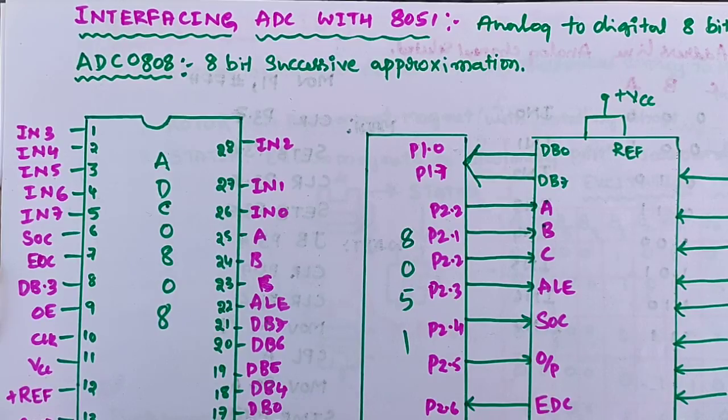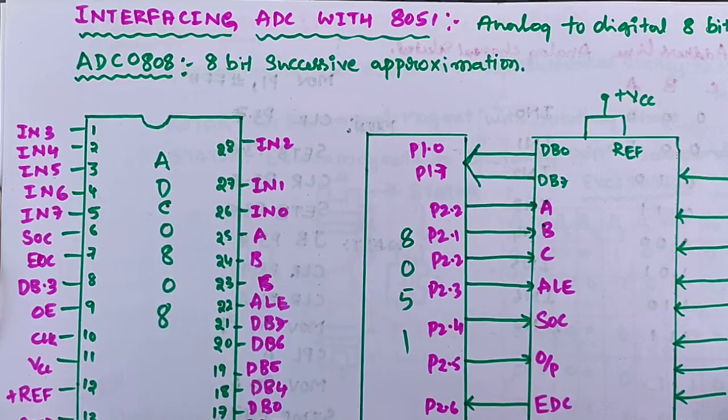In this lecture I am going to explain about interfacing of analog to digital converter with 8051. An analog to digital converter is a digital device which converts analog input voltages into an 8-bit digital format for 8051. If it is a 16-bit microcontroller, it will convert into 16-bit digital information. So the main agenda is to convert analog input voltages to digital output bits.